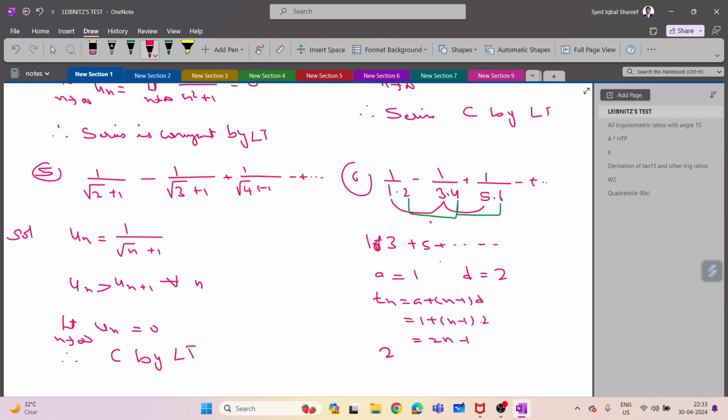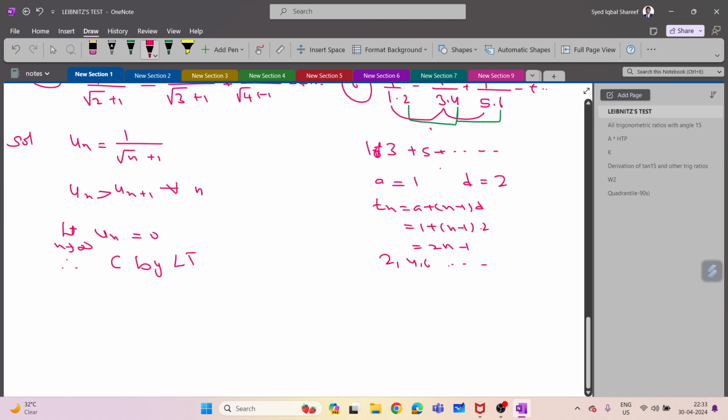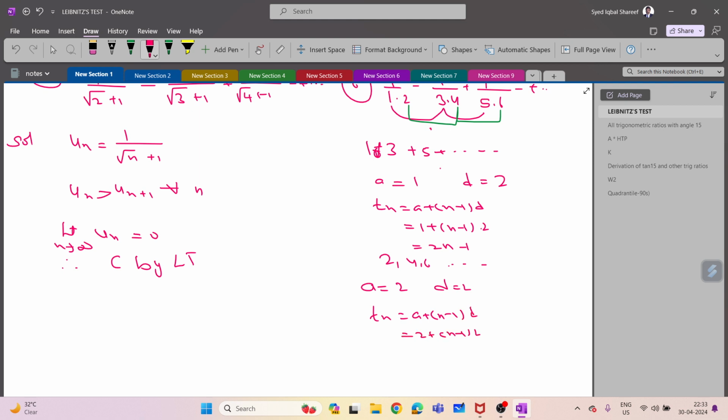Then another one is 2, 4, 6. Another series is going. So you see, I have done a complete video on progression. This is an arithmetic progression, difference is 2. So what is the T n term? A plus n minus 1 into D. So 2 plus n minus 1 into 2. So this is 2n minus 2 plus 2, getting cancelled, 2n. So our series will be,